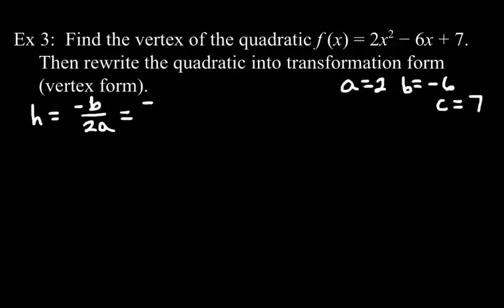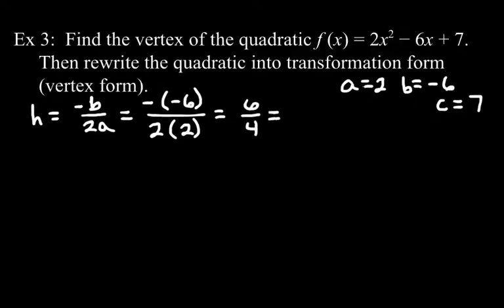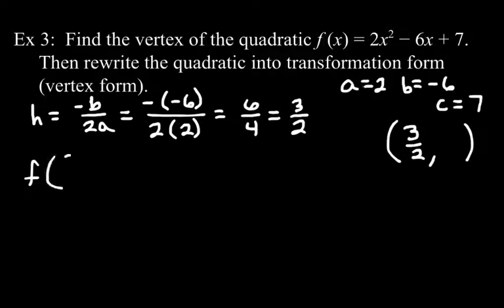In our case, it's going to be a negative and then -6 for the b. And on the bottom, 2 times a, and a is 2. So the opposite of negative 6 is positive 6, and on the bottom we have 2 times 2 is 4. So that gives us 3 halves. So that means in our vertex, the x-coordinate of the vertex, the h value, is 3 halves. Once we know that, if we want to find the y value, we're just going to plug the 3 halves in. So we're going to do f of 3 halves,